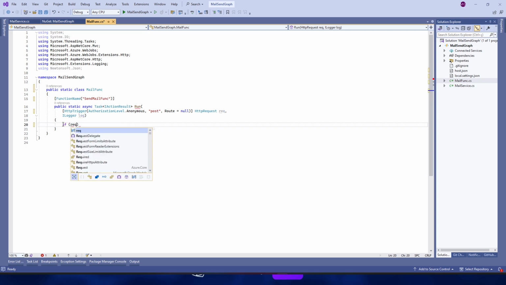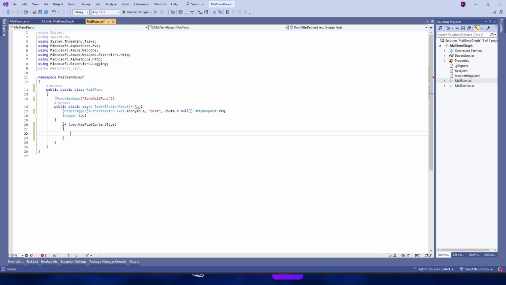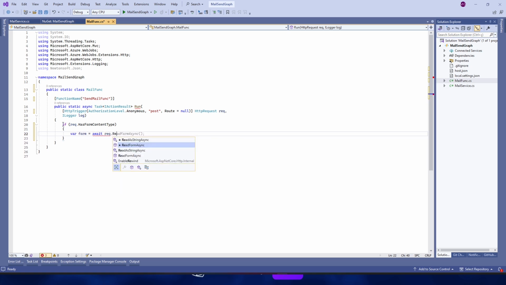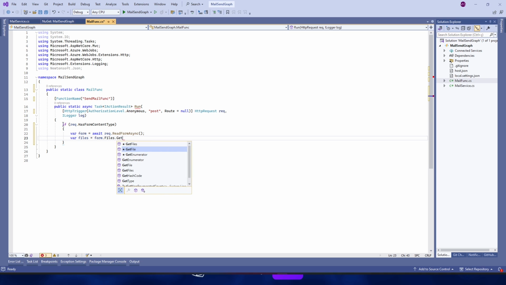If req.HasFormContentType, var form equals await req.ReadFormAsync. Var files equals form.Files.GetFiles. Send the files as a parameter.